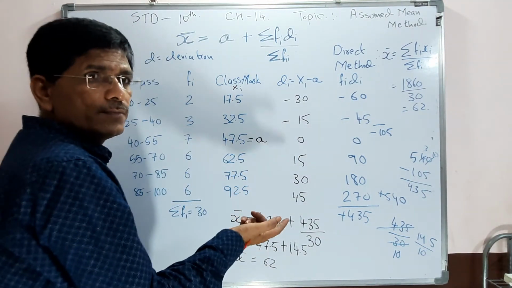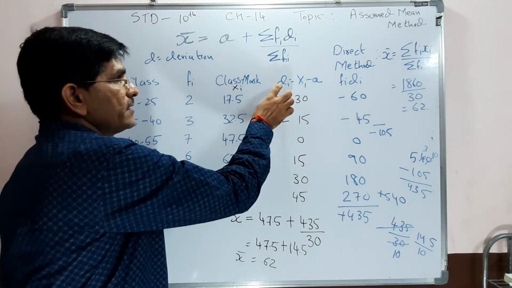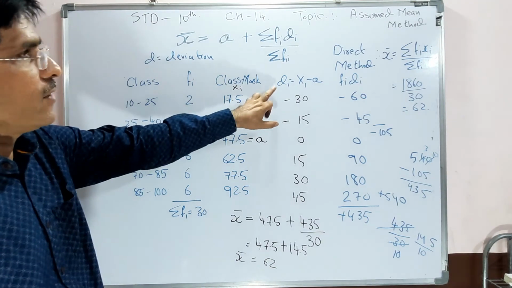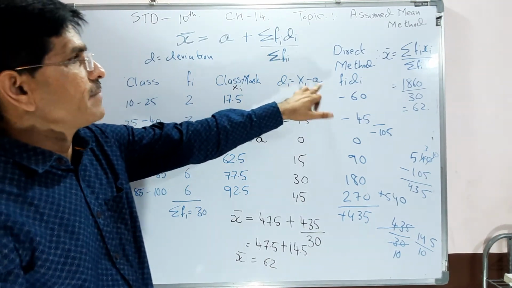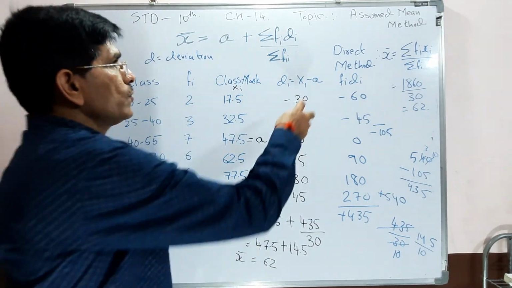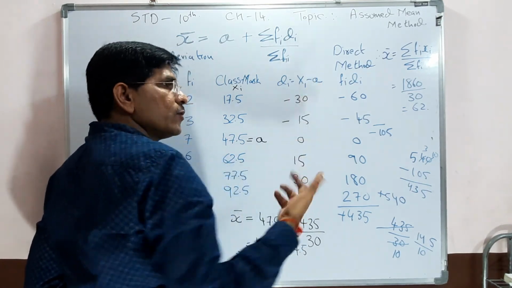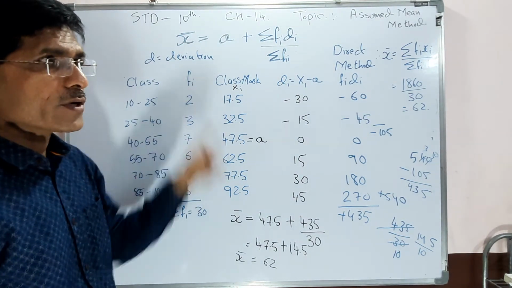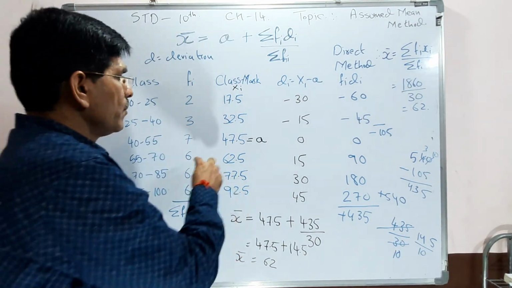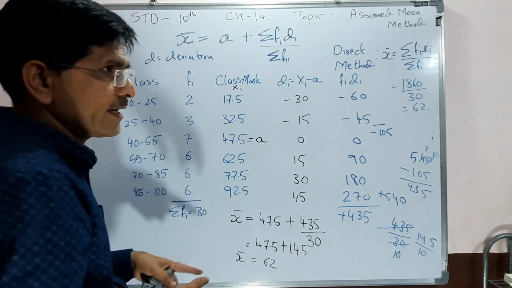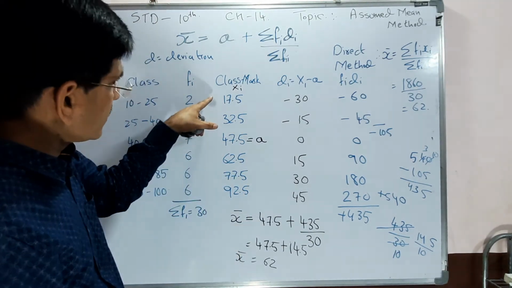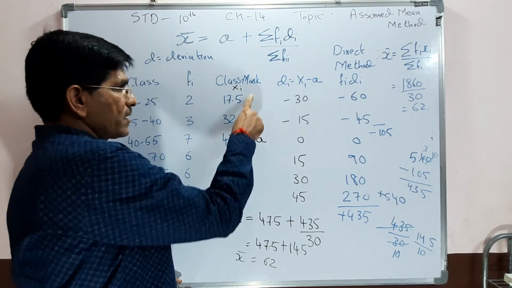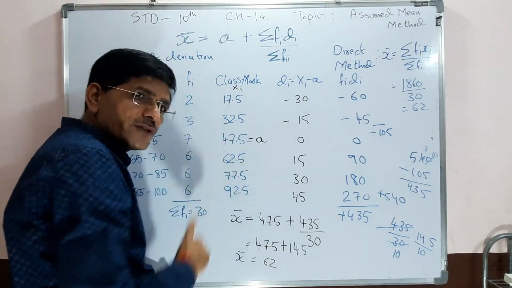Now what do we have to do? Now, importantly, this is the deviation. What is the deviation? It means the difference. The formula is di equals xi minus a, where a is the assumed mean. Where do we have to assume a? We have to choose a from the xi, somewhere in the middle. If 5 classes are there, we can say the middle, but here 6 are there: 1, 2, 3, 4, 5, and 6. So 6 divided by 2 is 3, the third class. First, second, and third class. I have to assume a there.